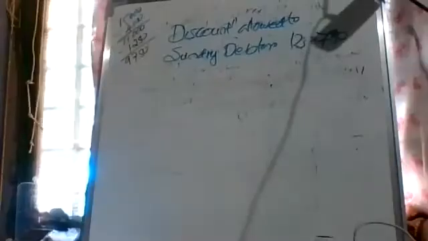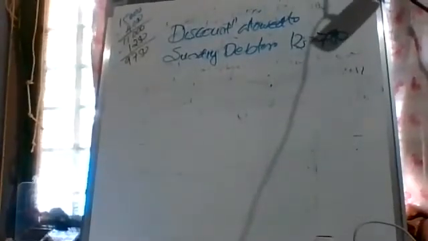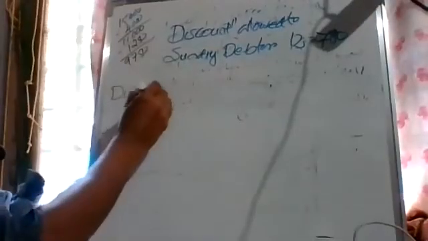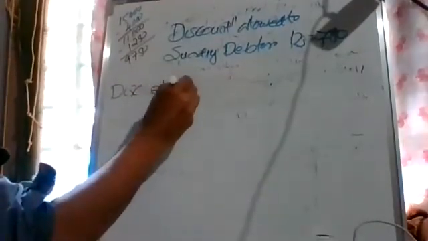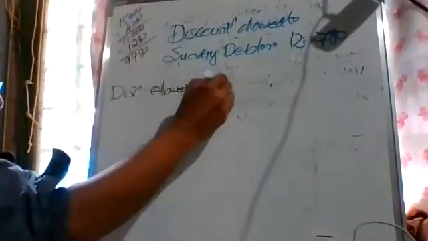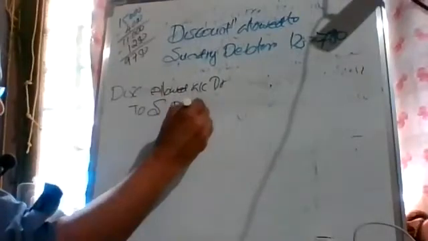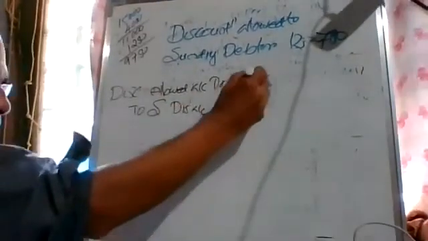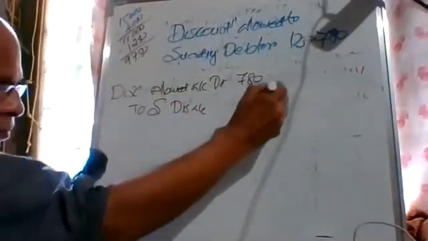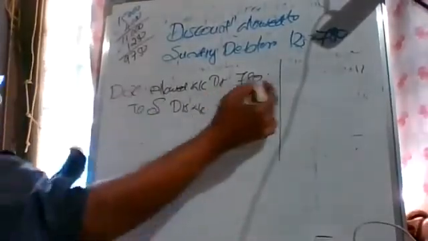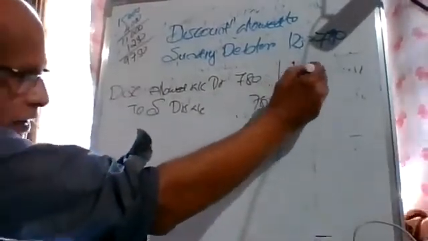So, discount allowed account debit to sundry debtors account, 780. Okay, what's the reason why we are debiting discount allowed? Increase in